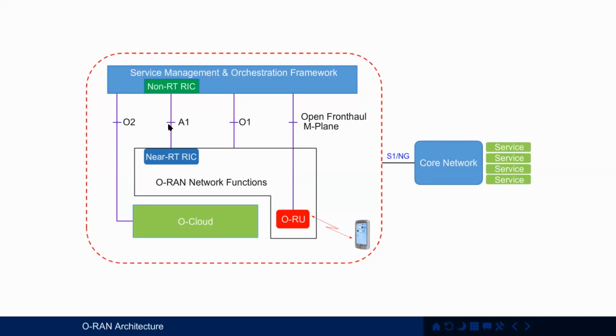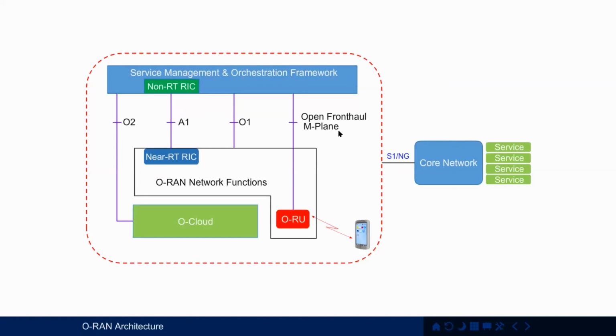Now, this is clever. This is where we can introduce artificial intelligence and machine learning. So these functions will allow the radio access network to perform self-supervision and self-optimization. So some of the self-organizing network techniques, the SON techniques, which you may have met, such as mobility robustness and radio resource management, those types of things can be executed in these non-real-time and near real-time RICs.